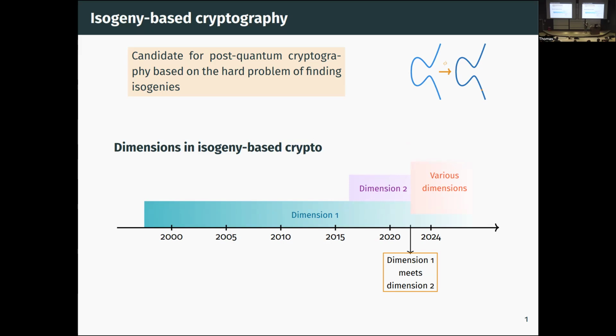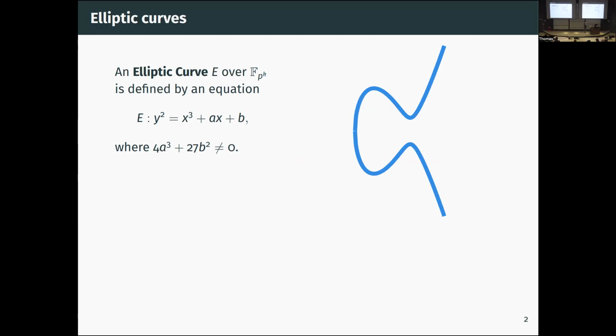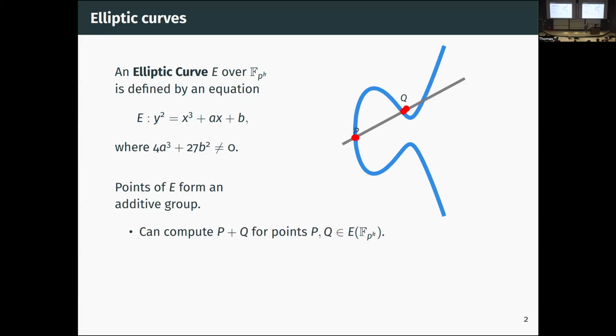So I'll start by talking a bit about dimension 1 isogeny-based crypto to set the setting. What's the one-dimensional picture? In dimension 1, the main objects that we are studying are elliptic curves. I guess elliptic curves are well known to everybody here, and the reason is that there is a group structure defined on these elliptic curves. There's also this nice geometrical description: we can add 2 points on an elliptic curve by just drawing a line through these 2 points. We get a third intersection point, which we reflect along the x-axis,